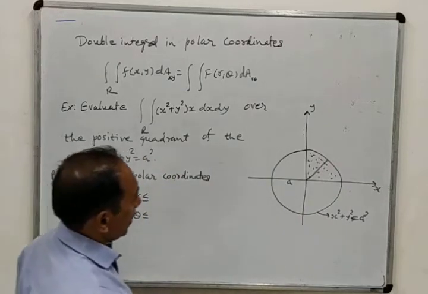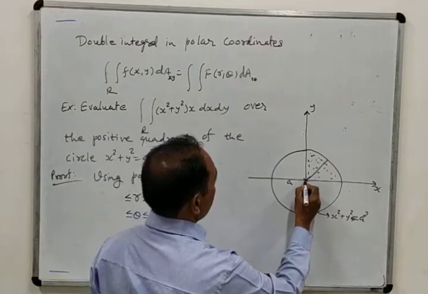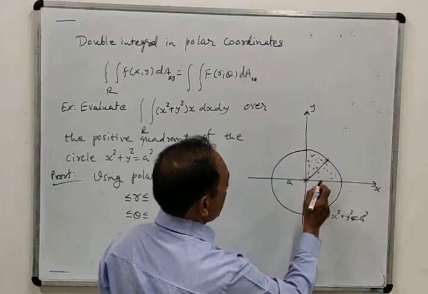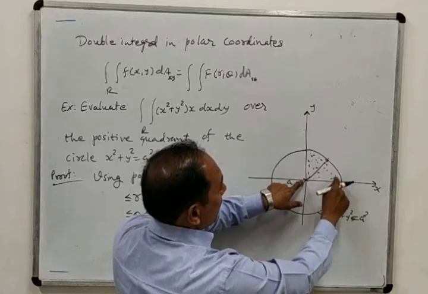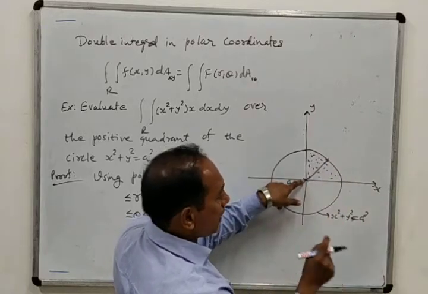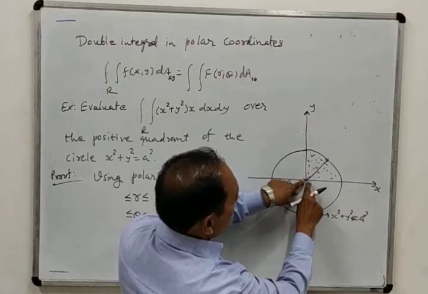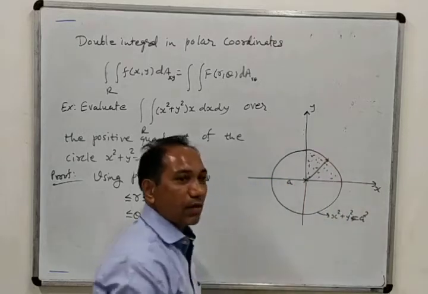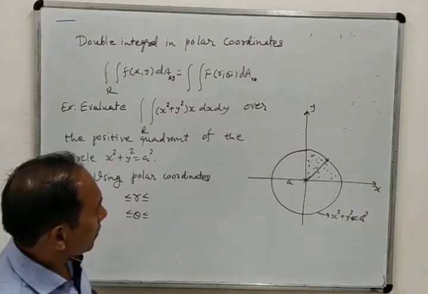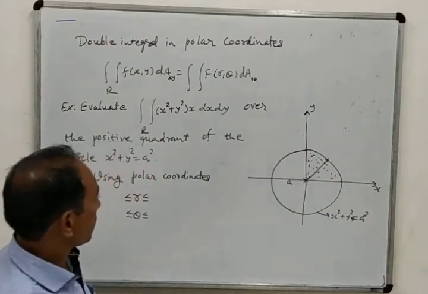So here I have considered this straight line whose one end point is fixed and the other point is rotating. That means suppose we consider a string tied at one nail here, and if we rotate this, then this was the covering of the region. So here we will determine the limits of r.